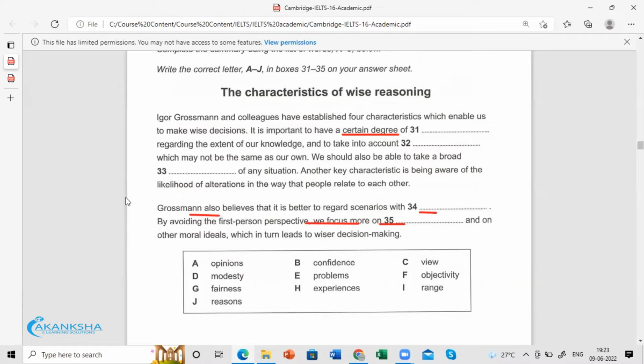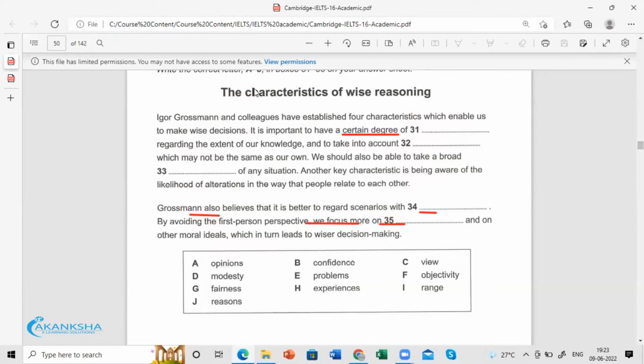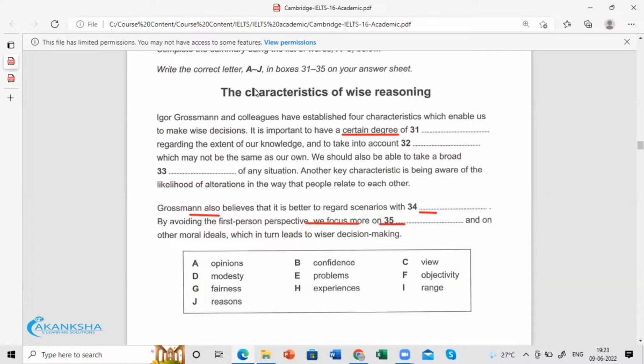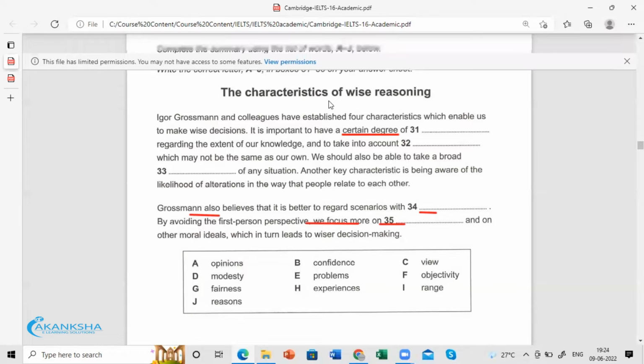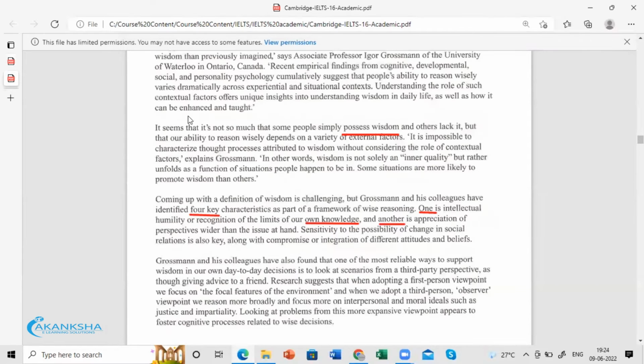It could be range, sir. Sorry? Range. Rain. Yes, sir. Sir, is it